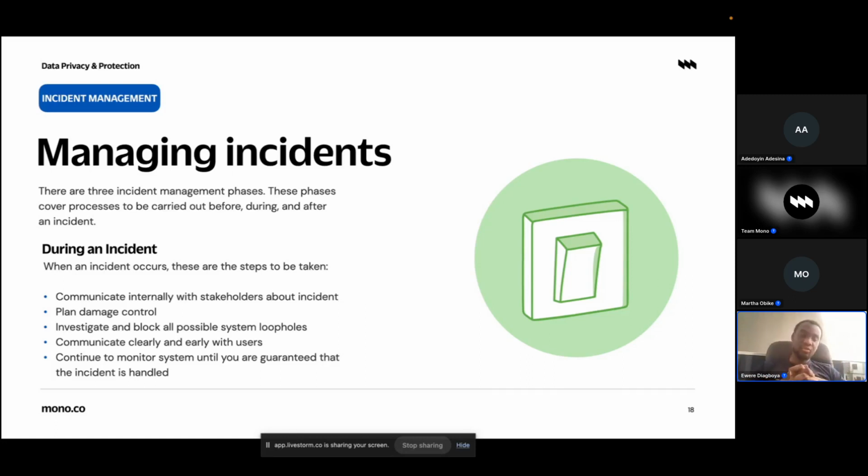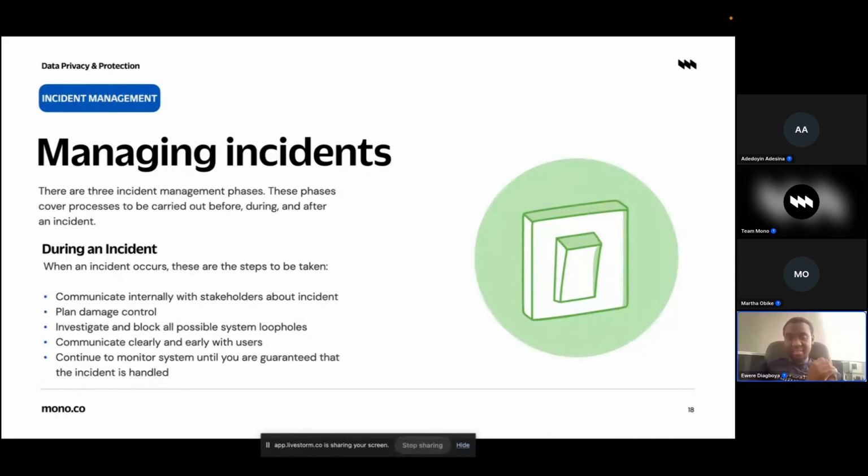Second is plan a damage control. So the incident has occurred. What can we do next? And that is where your incident management process is very important. So apart from the incident happening, the process to manage it needs to be very, very available. A documented process that is approved by the business. There are different things that can be in your incident management process, from escalation levels to communication methods to time for escalation to who to escalate to. So many procedures that happen there.